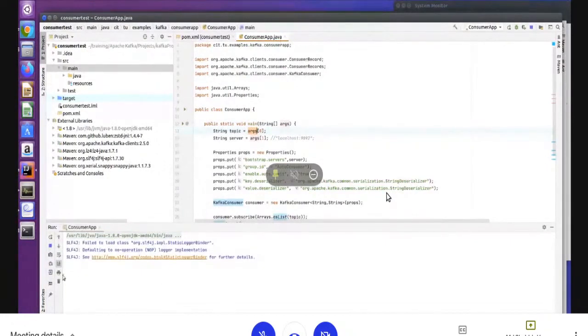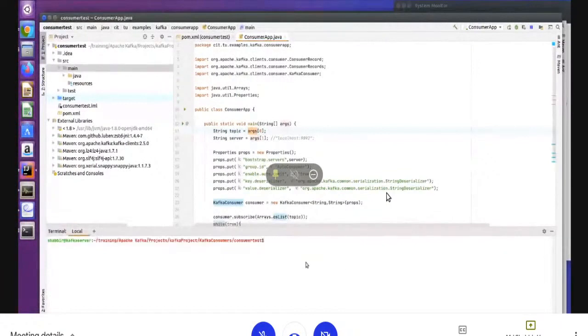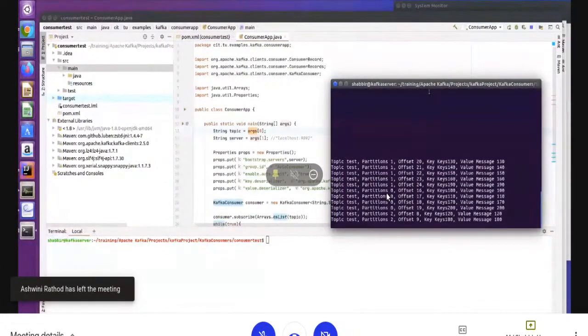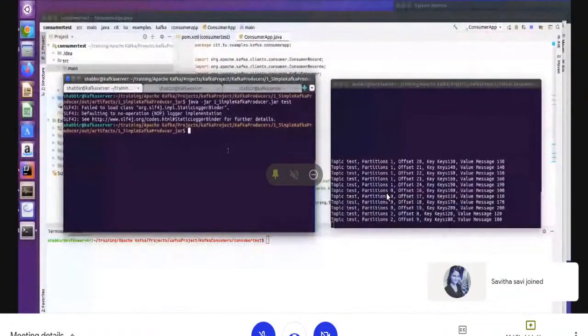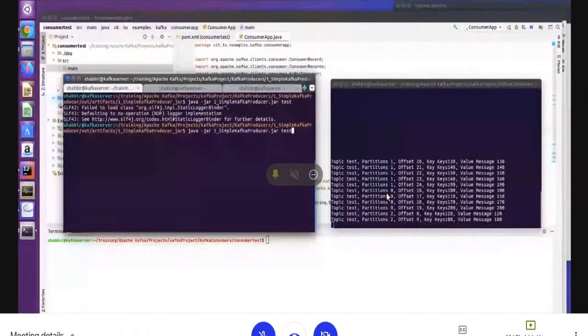My application is perfectly running, but you are not seeing any message here because I did not produce any data right now. So let me produce some data here, right? So come here, and we know how to produce. I have one producer API, or you can use console producer to produce some data for testing purposes. My producer here is the test. I'm passing the topic test, and it will produce some data here, right?